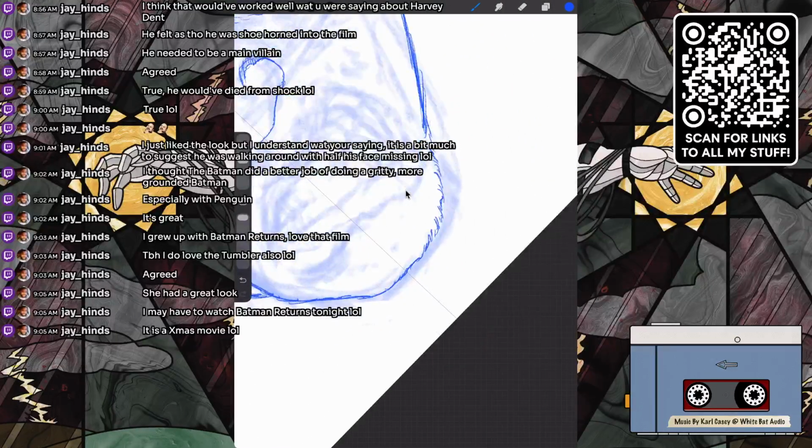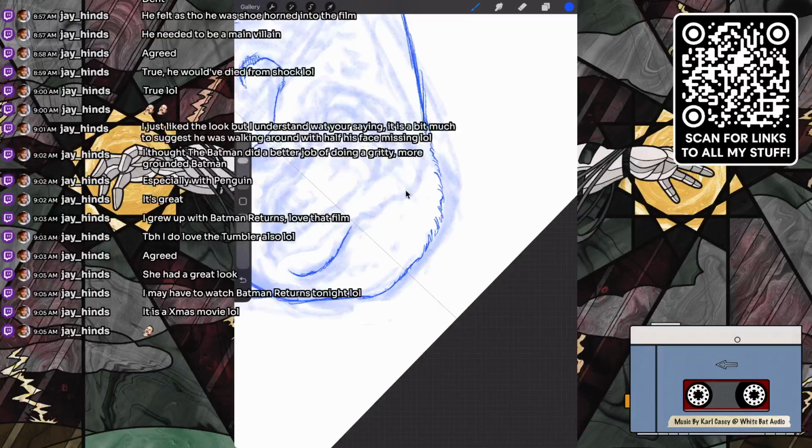Perfect. But that's the problem with going super gross with Penguin: next to Catwoman, who is so mesmerizing that you completely understand why Batman is starting to overlook his no criminals thing with her. Because, oh my God, just look at her. And the performance is just great. And then the Penguin is just gross and drooling.